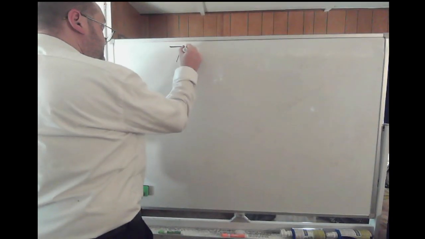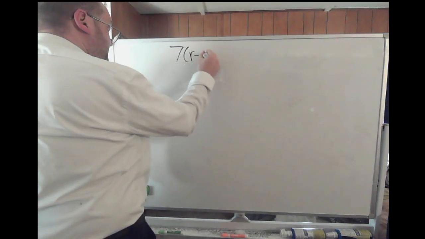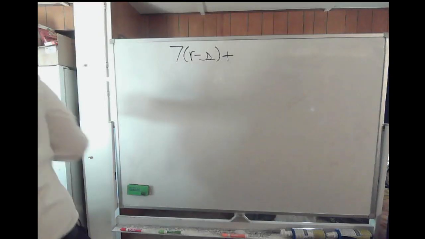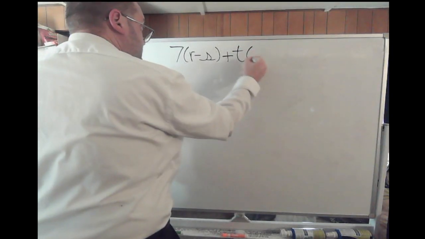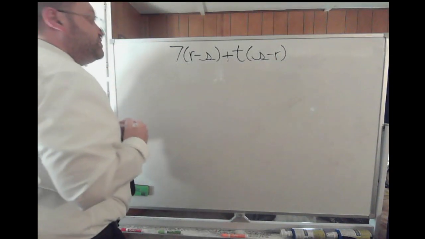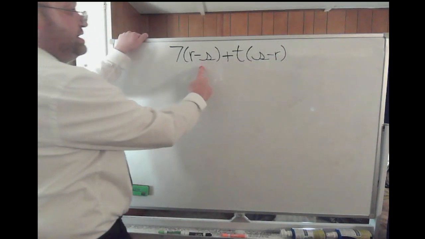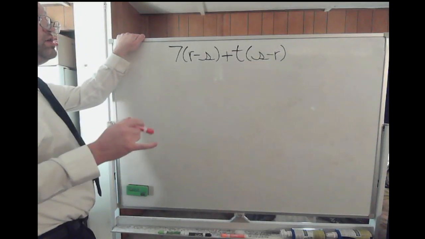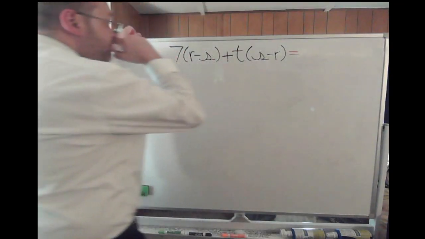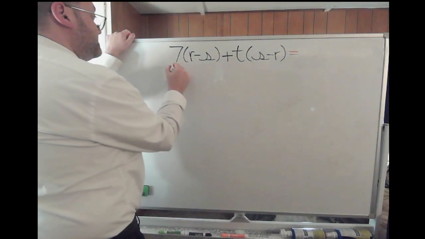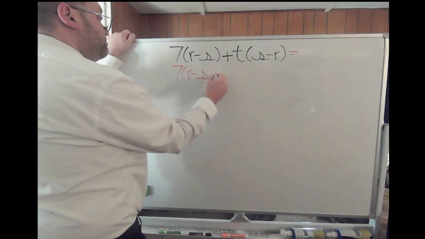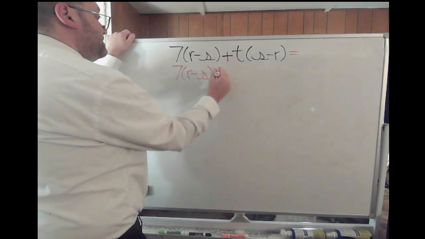Alright, we have 7 times the quantity of r minus s plus t times s minus r. Well, these almost look the same, but they're not. R minus s certainly does not equal s minus r. We need to make them equal. Well, what you can do first is keep your 7 times r minus s, take that plus the t